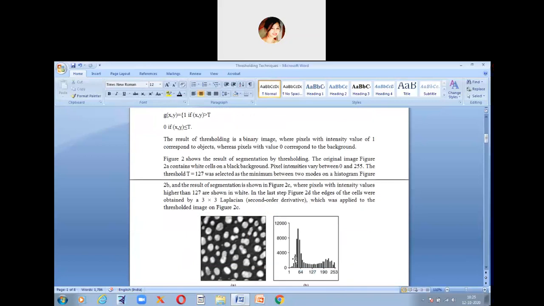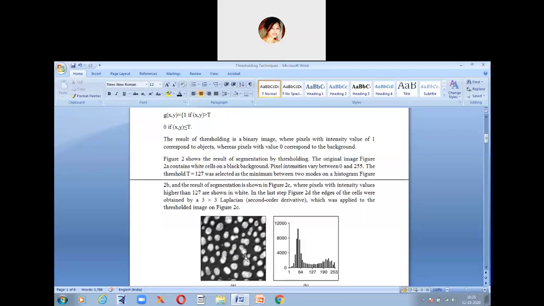Okay, so the original image, that is this 2A, contains white cells on a black background. So you can see here, this is an original image of white cells against a black background. Okay, and the pixel intensity varies from 0 to 255, you know that, right?